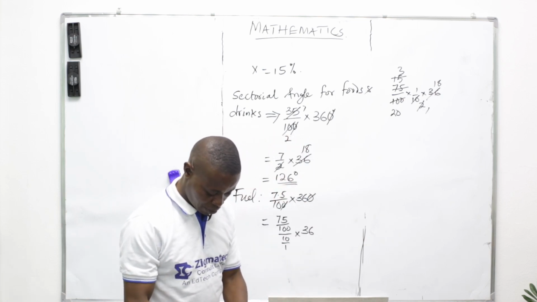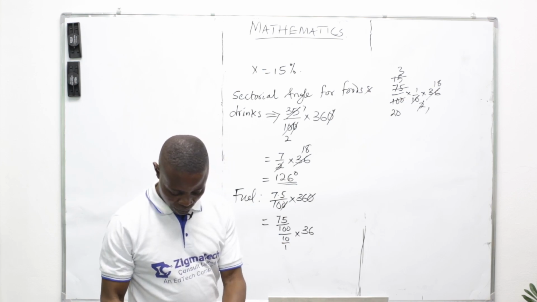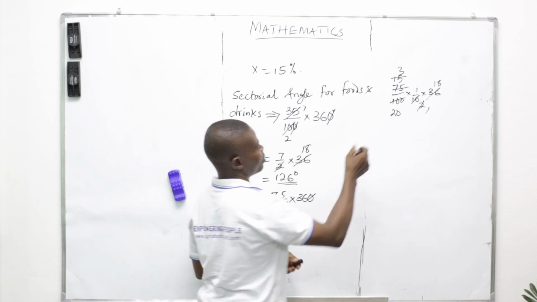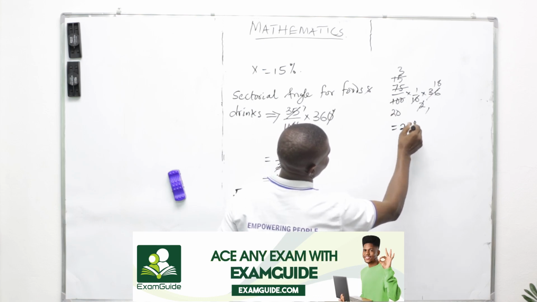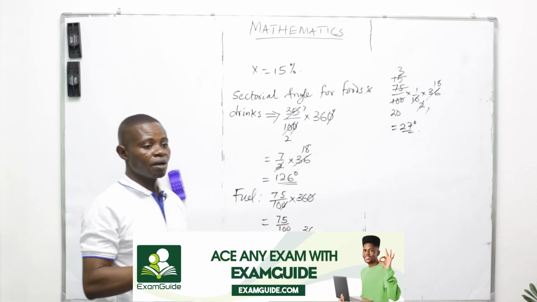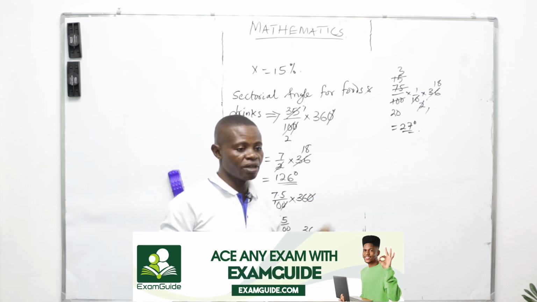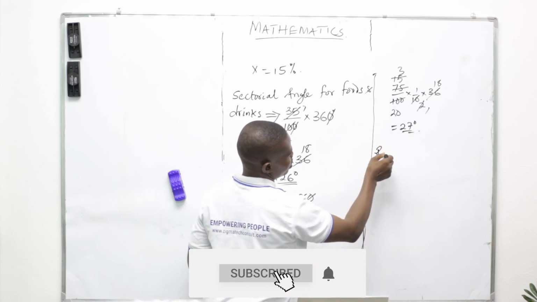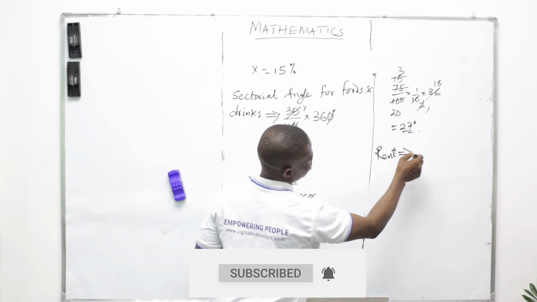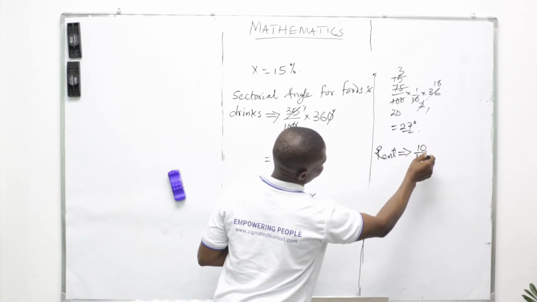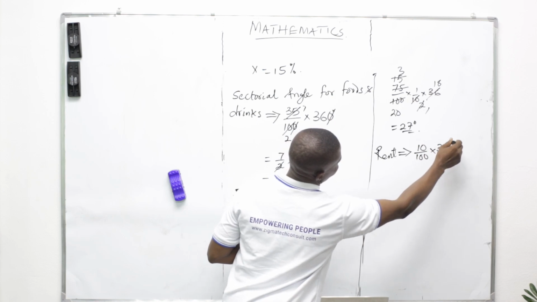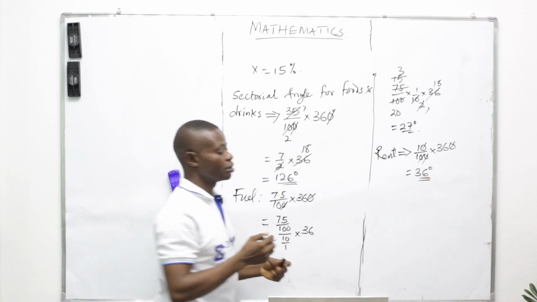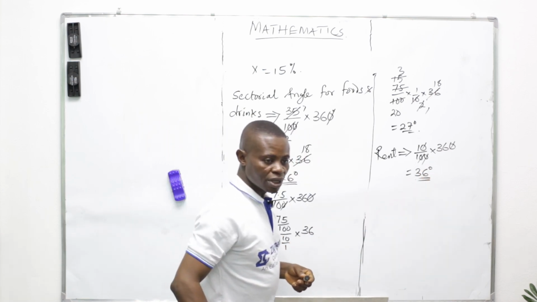7.5 over 100 times 360. 27 degree. Sectorial angle for fuel is 27 degree. That of rent implies 10%, that's 10 over 100 times 360. That is 36 degree. The next is building project,